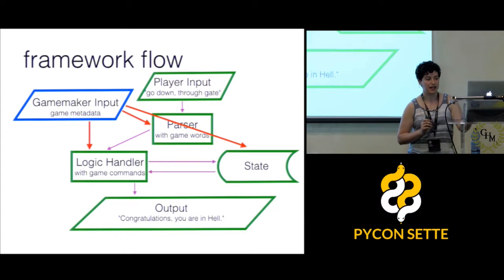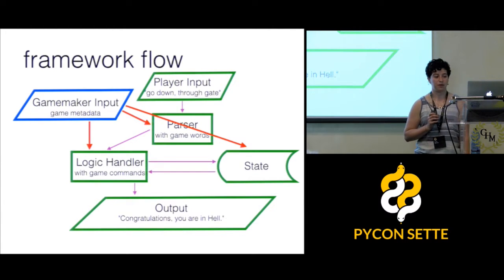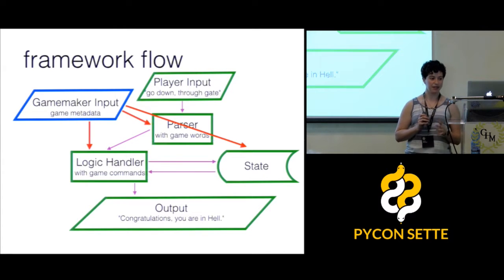And the difference is that to make a functioning game from a framework, you have to initialize the engine, by which I mean the code that is processing each turn of the game. You have to initialize that with game-specific data. So the game maker or bard has to be able to write their own custom commands, which the engine has to be able to execute.